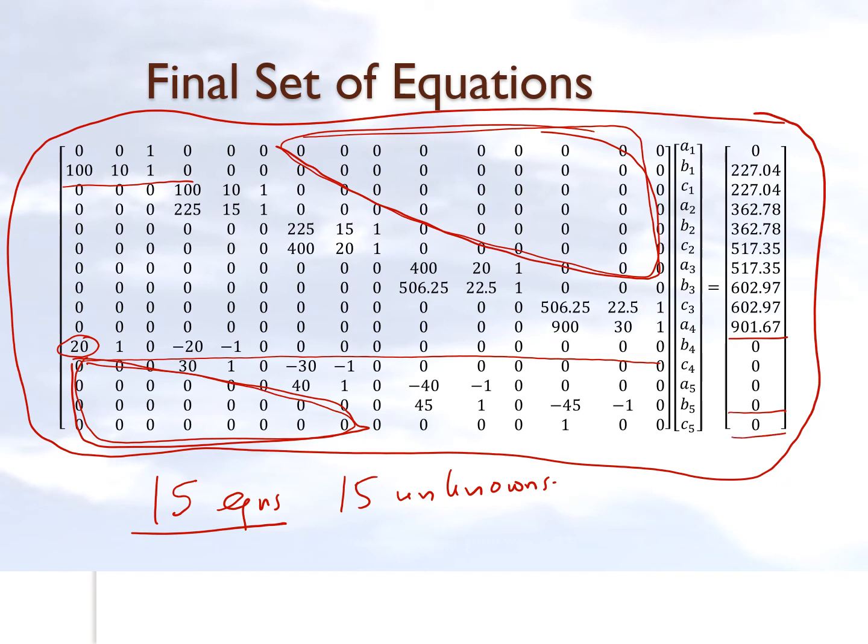But if they are written in the proper format, you're going to get a banded coefficient matrix, meaning lots of zeros in the off diagonal areas, because there are some special algorithms written for solving equations which are banded in nature so far as the coefficient matrix is concerned. But we're not getting into that. We're simply saying we have 15 equations and 15 unknowns. Let's go and solve it by any method which is available to us.